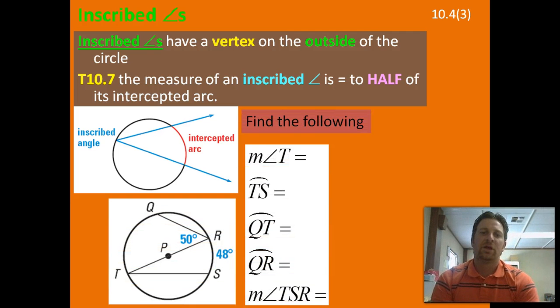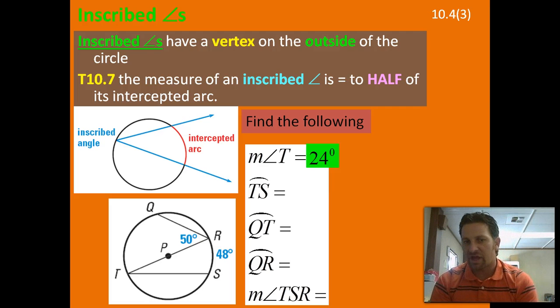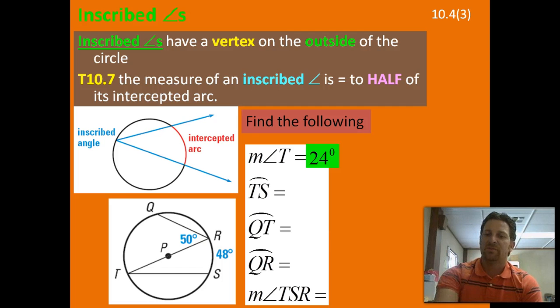So we want to find the following measurements here. For the measurement of angle T, if I find angle T right there and follow it across, it opens up to arc RS, and since RS is 48 degrees, I just take half of that, and half of 48 is 24, so the measurement of angle T is 24 degrees. Now for arc TS, you're going to have to do a little bit of inferring and understand that from T to R is 180 degrees because that's a diameter. So if T to R is 180 degrees, and I know that RS is 48 degrees, then to find the measurement of arc TS I go 180 minus 48, and that gives me